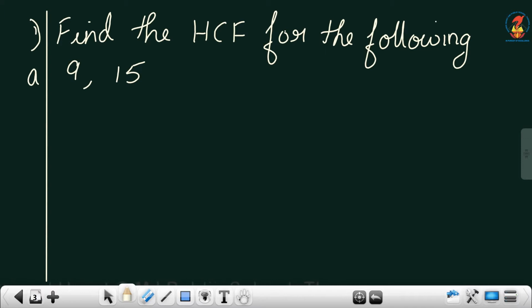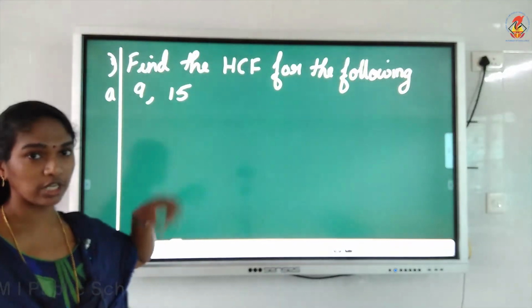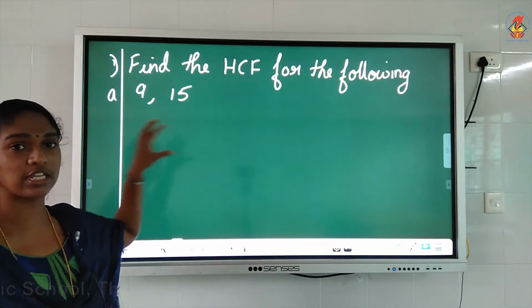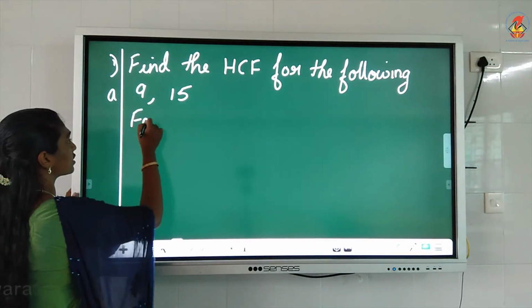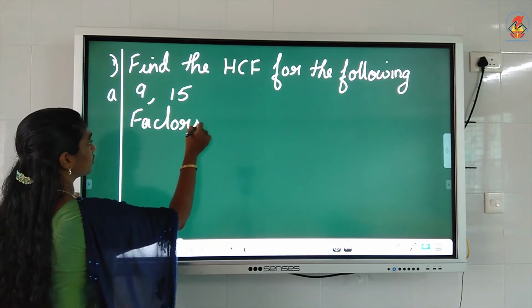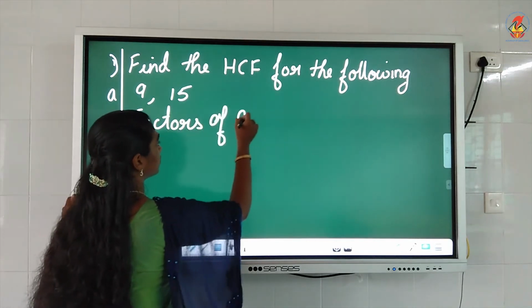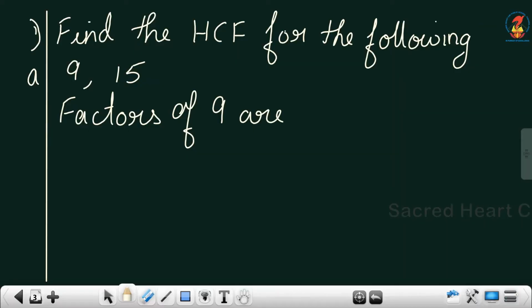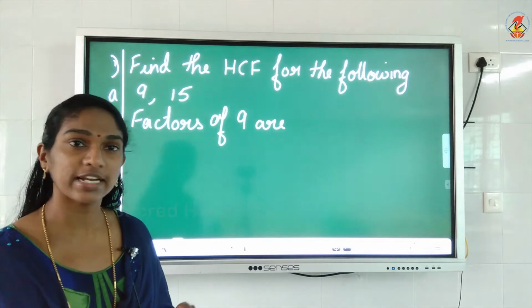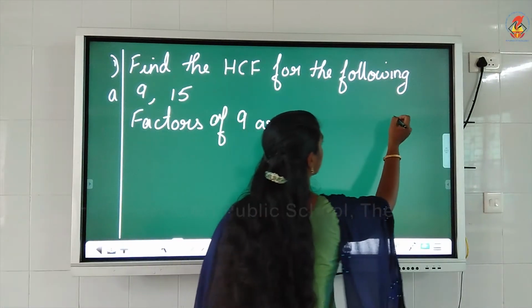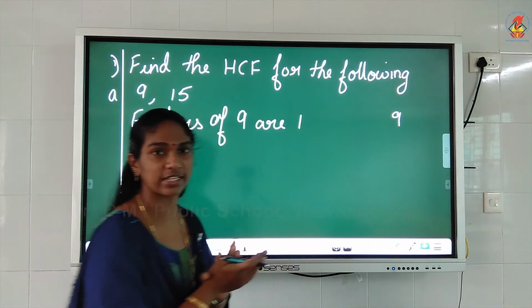First, what you will do is find out the factors of 9. Now, children, I am not going to write the way we have written in the first section, first writing 1 into 9, then 3 into 3, 9. No, I am not going to write like that. What I will do is write like this. Factors of 9 are. Starting from 1. What are the factors? 1 into 9 is 9. So, I will write 1 here and then put a space between them and write 9 there.